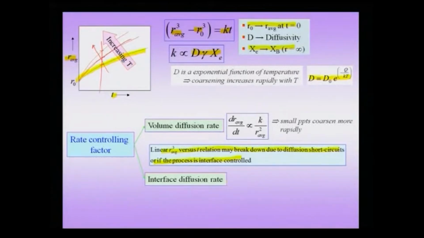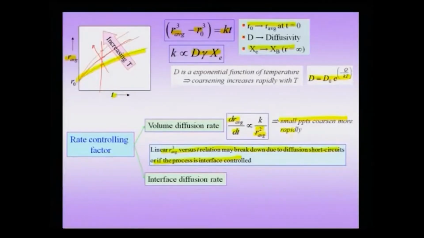And if you differentiate this function r cubed average minus r 0 cubed equal to k t, then you can see that d r average by d t, which is the rate of increase of the precipitate size with time, is proportional to 1 by r squared average. That implies that smaller precipitates coarsen more rapidly as compared to larger precipitates, because if r squared decreases, then you see that this rate increases. Therefore, a collection of smaller precipitates will coarsen faster as compared to a collection of